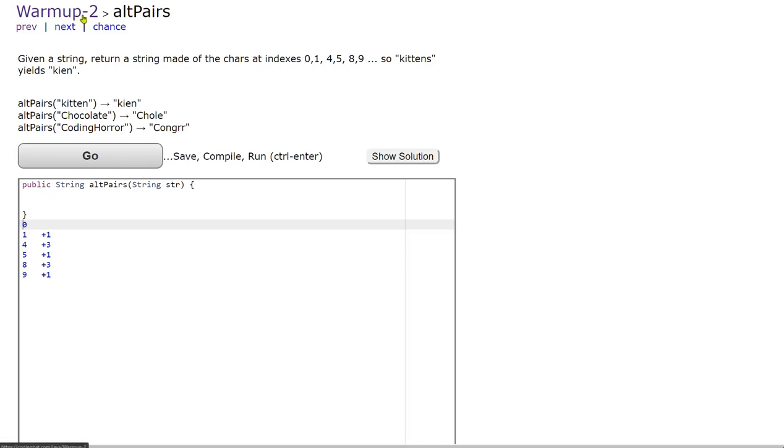So today we're going to do warm-up 2, altPairs. Given a string, return a string made up of the chars at indexes 0, 1, 4, 5, 8, 9. So kittens yields kien. So I took the numbers that were given: 0, 1, 4, 5, 8, 9, and I see